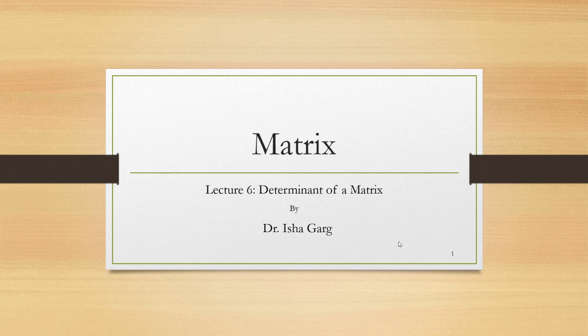So we are doing matrix series and in this series lecture 6 is about determinant of a matrix. So far we have done how to define a matrix, types of matrix, operations on matrix, transpose of a matrix along with its properties. Now we are going to do determinant of a matrix, which is a unique number associated